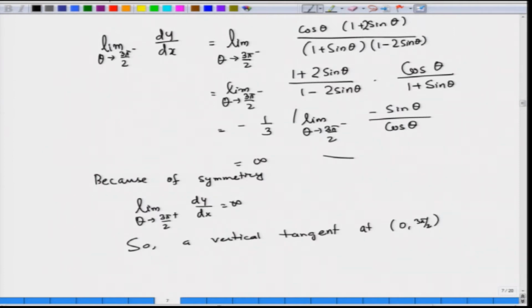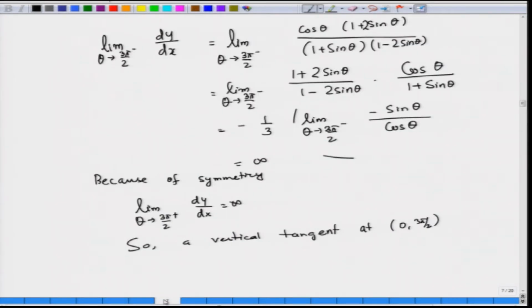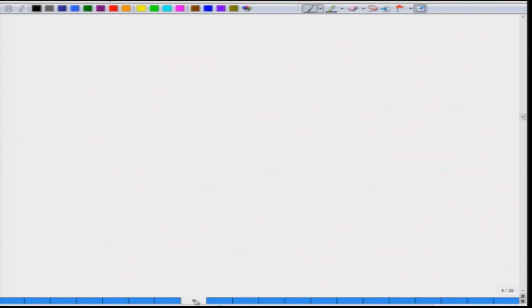So now all the pictures are drawn. Here we have the vertical tangent and here the horizontal tangent. So this is the picture of the cardioid. Okay. Once we have done this, naturally the next thing we would like to look for is the area bounded by the curve which is given to us in polar coordinates.